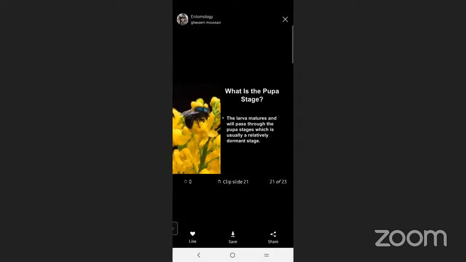So now coming to the abdominal part. This abdominal part consists of 11 segments, and abdominal segments are divided into three categories. That is, 1 to 7 abdominal segments are called pregenital segments, where the genital organs will not be there. In segments 8 and 9, we find the genital segments, and the 10th and 11th are called